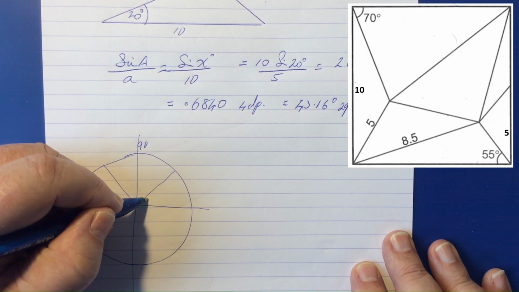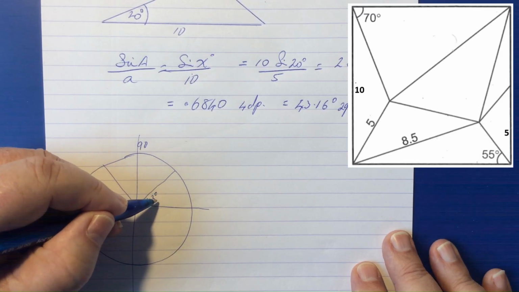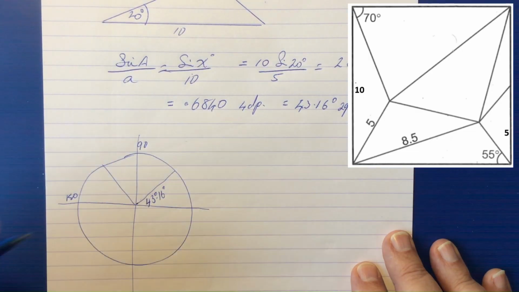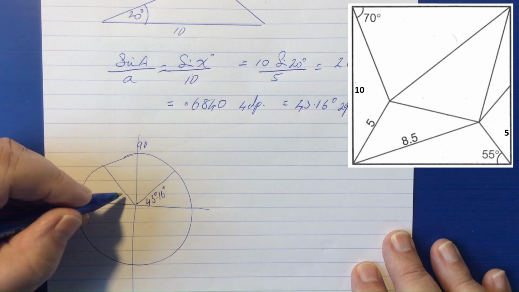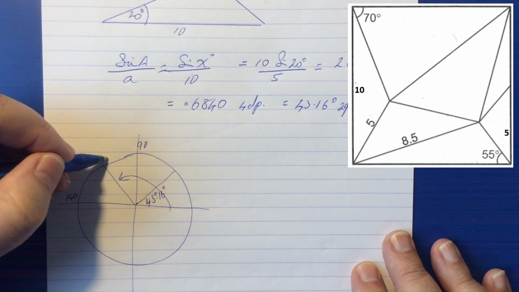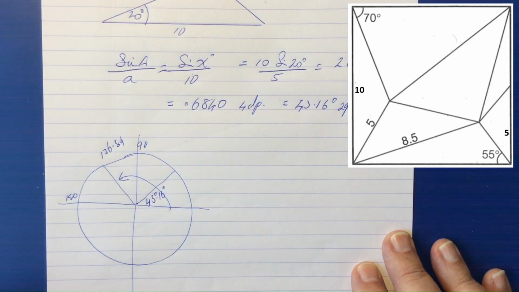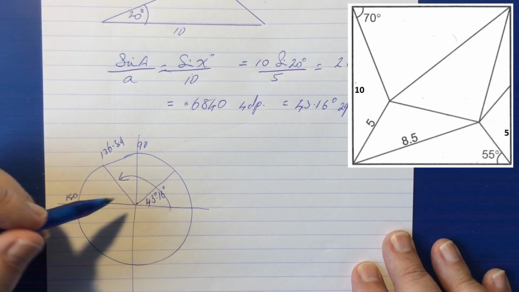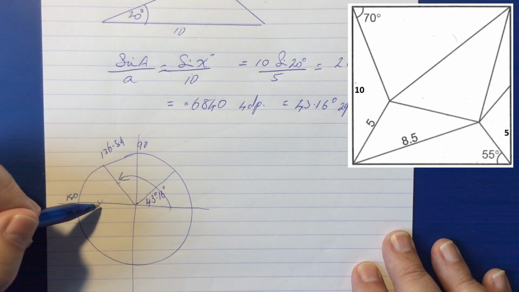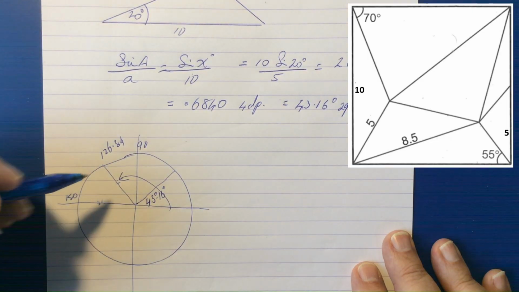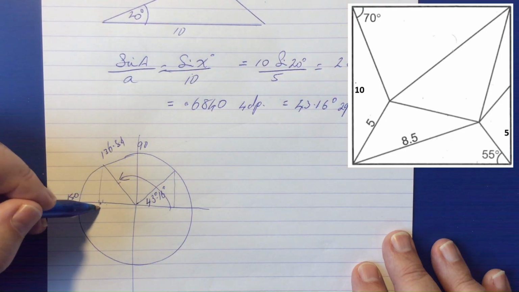This is 43 degrees, 43.16 degrees, sorry. And this is 136.84, which is 43.16 degrees away from this axis here. Now, the sine, if we assume that this is a triangle and this is a triangle, the